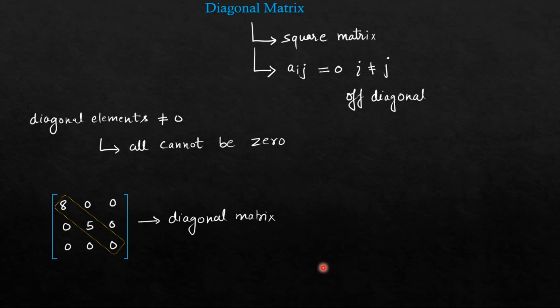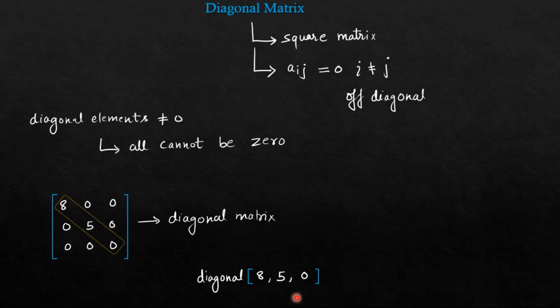The way to represent a diagonal matrix in terms of its diagonal elements is, I will write diag(8, 5, 0). I can write this matrix also as diag(8, 5, 0). Okay? It is by default understood that the rest of the elements, which do not lie along the diagonal, are 0. Only diagonal elements are non-zero. Now there are some interesting properties of the diagonal matrix by which you can directly calculate any result.